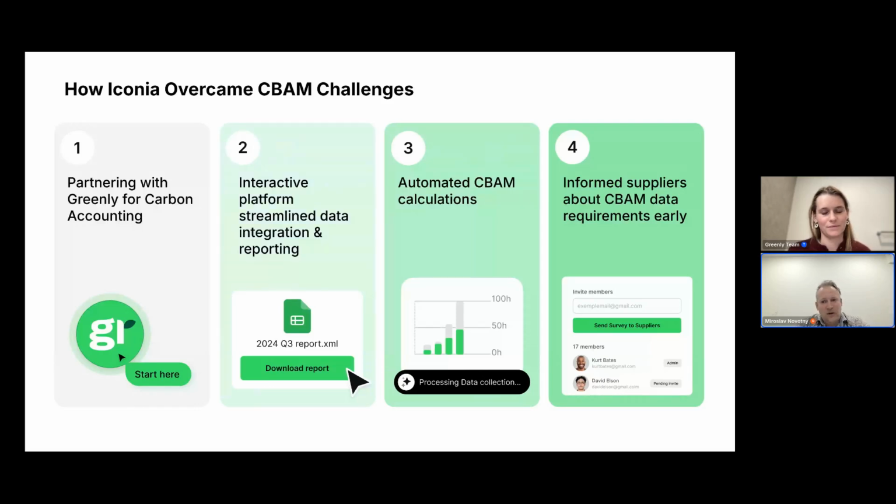And yeah, as mentioned, we already had the carbon accounting platform. So we are thinking, okay, it would be great if we can combine all the data, if we can implement it already in our carbon management system. That's where we go to Greenly, ask them, okay, how we can handle this. On one hand, we really play like two games at once. We were adjusting our processes, we were adjusting our platform, and while Greenly were doing the calculations.